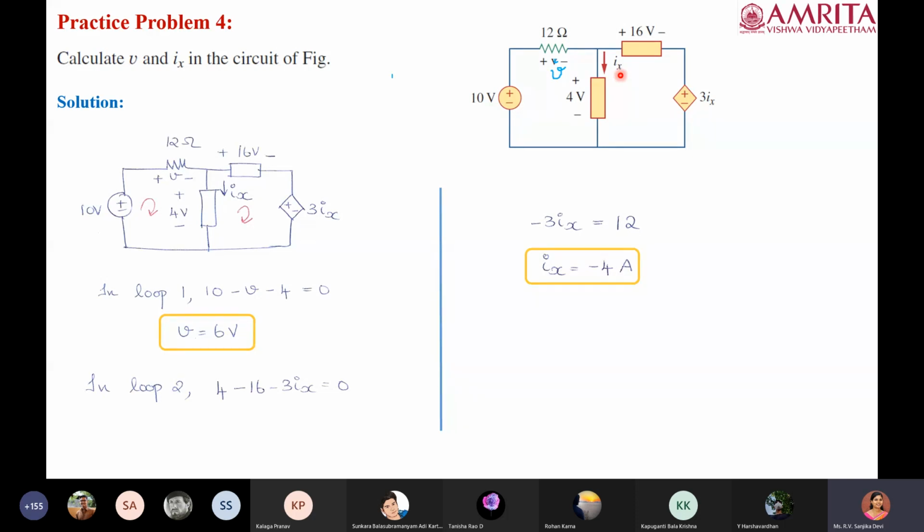Okay? Ma'am, to apply KVL in loops like this, shouldn't you assume arbitrary currents, ma'am? Yes, I have assumed, no. That is what is given in the first diagram. There are two currents, though I didn't give any variable. The reason why I didn't give any variable is that for all the elements, voltages are already given.